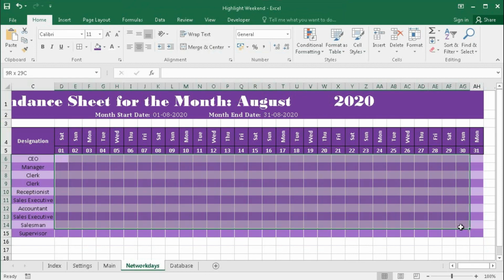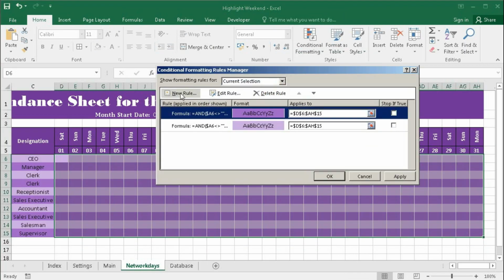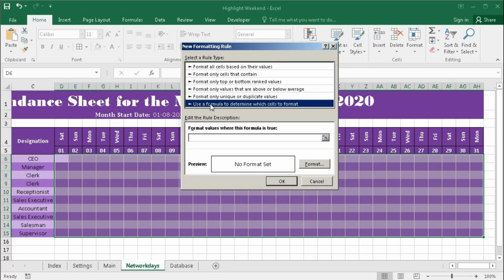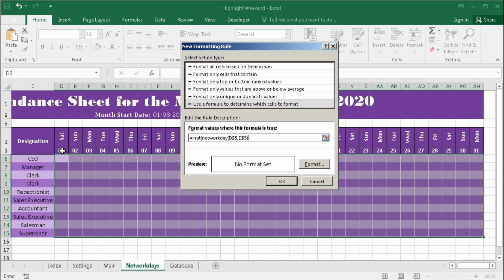So select this option, go to conditional formatting, delete this one and select new rule, select this option, and then here equal to NOT bracket open NETWORKDAYS bracket open this cell, lock the row not the column, comma, again the same thing, yes, bracket close for NETWORKDAYS and bracket close for NOT.